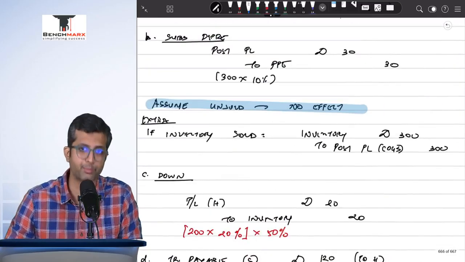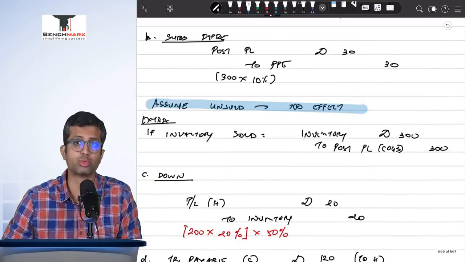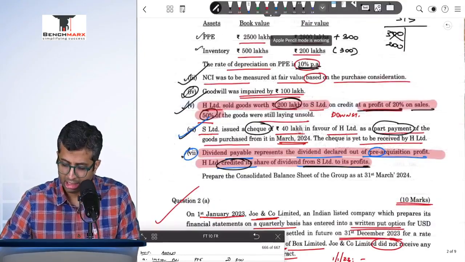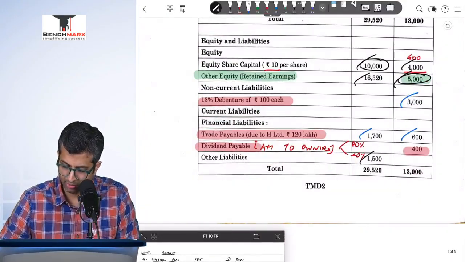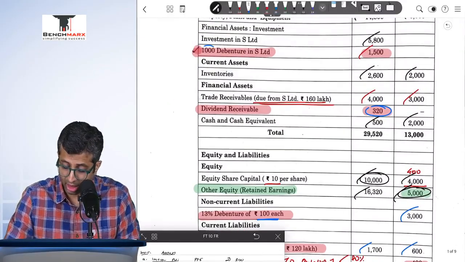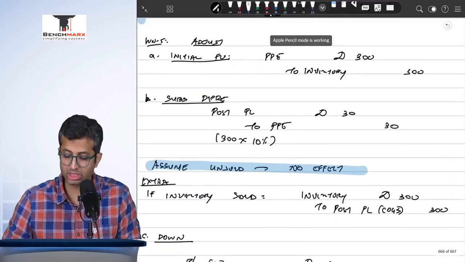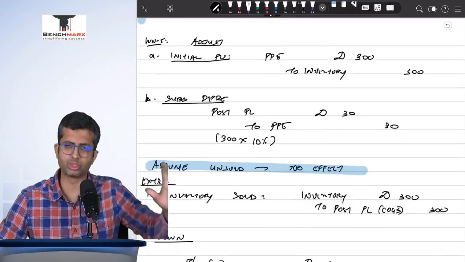There is still an intercompany investment in debentures. Now, these are 1000 debentures, and every debenture appears to be worth rupees 100 each. And I've invested in, I think, 1000 debentures. So 1000 into 100 comes to 1 lakh rupees. If I were to